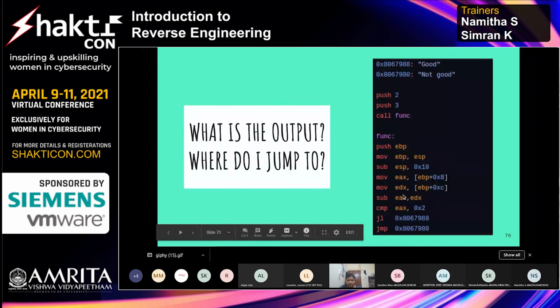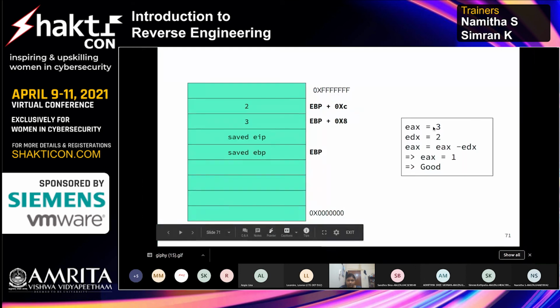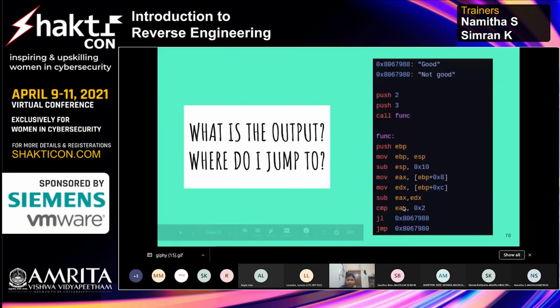EAX has 3, EDX is 2, so EAX will have 3 minus 2, 1. Compare 1 to 2. Jump if less than: if EAX is less than 2, it should move to 88, which is your good.